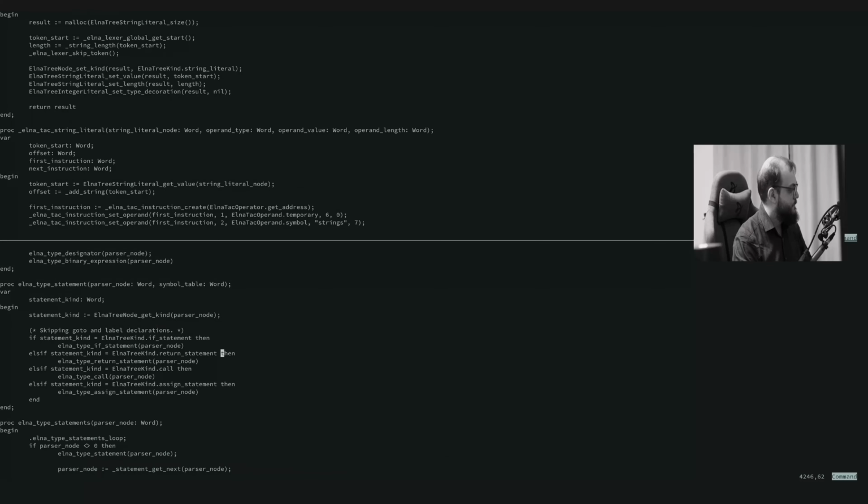Now, return statement, I've forgotten, symbol table,